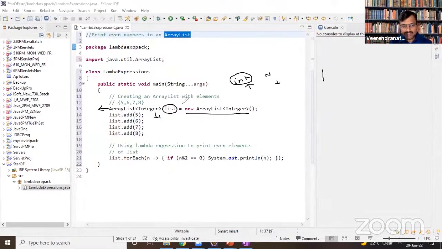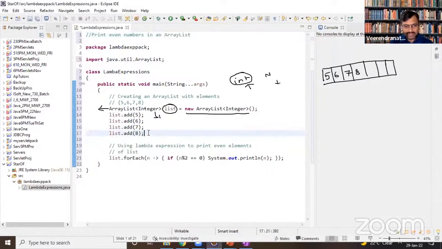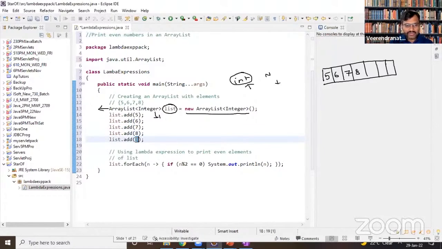So by default, there will be an array list of 10 values which are not allocated with anything. And then we are going for 5, 6, 7, 8, and as I told you, we can have add of 9. So we'll have 9 up to 9. Sorry, we have 5 elements. Generally they follow the indexing and everything. So this is an array list.